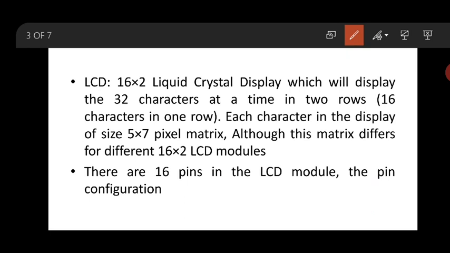Now the LCD that we see consists of 16 pins in the module.